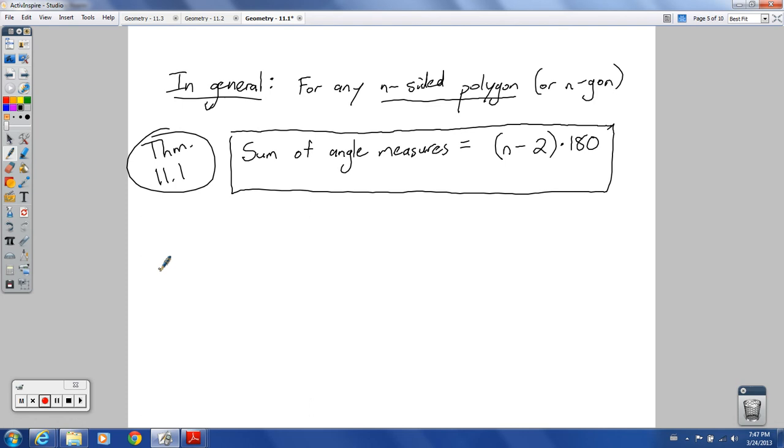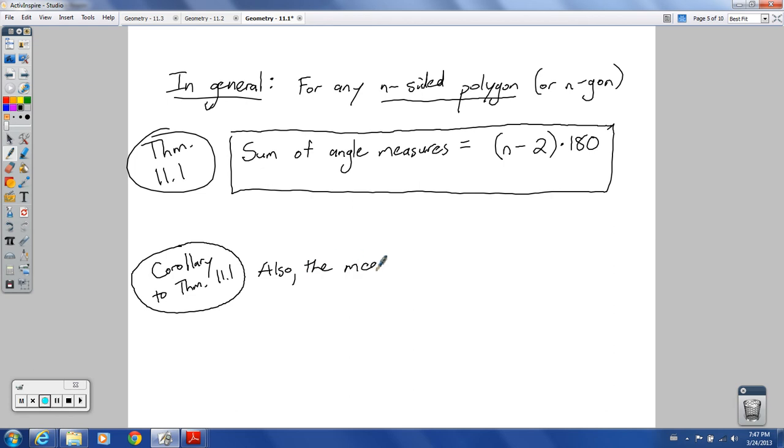And there's a corollary to this theorem. Corollary, hopefully you remember, is something that follows directly from the theorem. So this is a corollary to Theorem 11.1. So it's actually another theorem, but it's like one step after proving this theorem. We could say that this would have to be true as well. So also